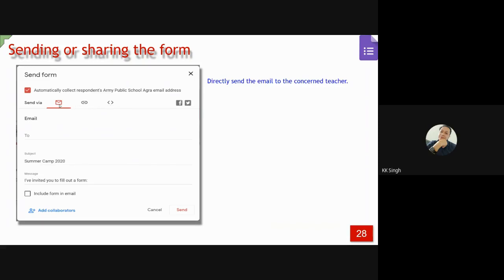With the email option, you can mail the form to the participant. With the link option, you can share this form link to the classroom or WhatsApp. From this, you can embed the code in your website so that this form is available on your website also.